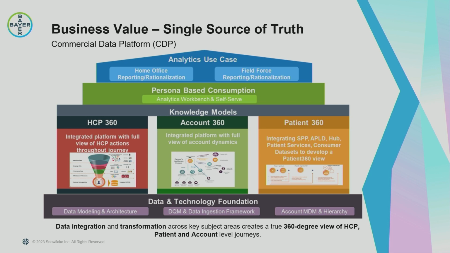Then finally, on top of that framing that we've built here, we have that consumption layer. This is what keeps the roof over our heads because this is what's generating the business outcomes and doing the analysis on ROI. So we have the persona-based consumption, which is the self-service model that we described here through the autonomy zone concept, where data scientists and analysts can leverage this single source of truth through an analytics workbench or self-service reporting capability that we have available in the suite of tools at our disposal